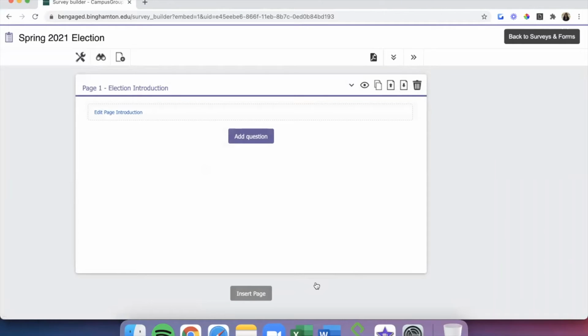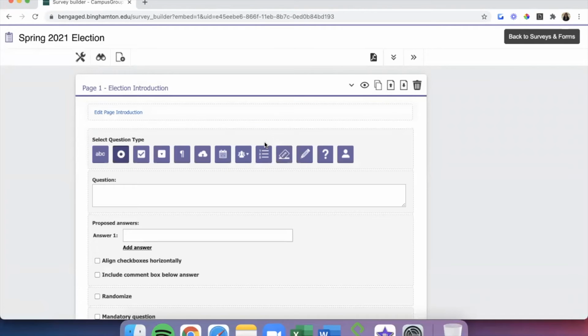After you return to the Creation section, you'll choose the purple Add Question button. A bunch of question options will appear in front of you.